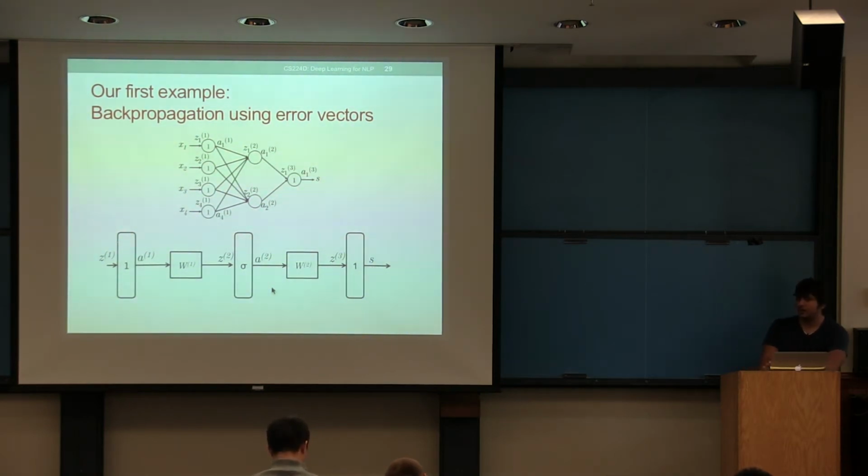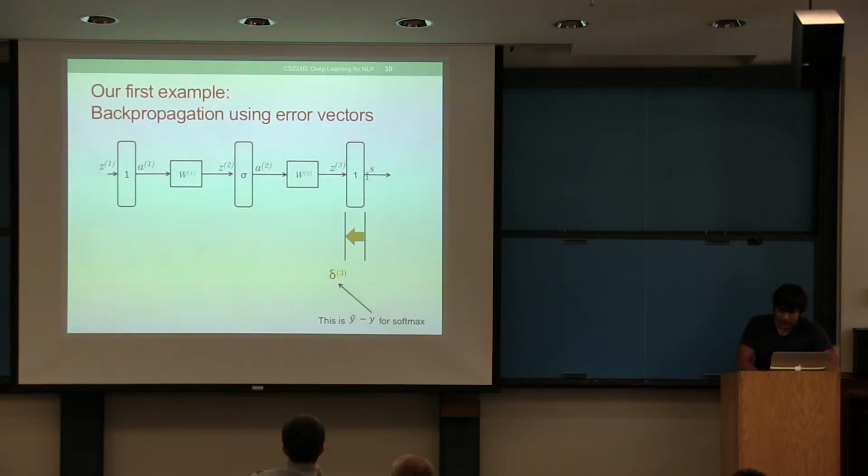All right, any more? So we'll just go with this particular diagram and we'll do the forward pass, and the backward pass using this. The first thing I want to do is move the error backwards from this point to this point. Note that we're doing things in a vectorized manner. If this was a softmax function, this would be y hat minus y. You already know how to calculate this. And every time I am at a z location, I will also annotate it with a delta location, which will mark the error propagating backwards there. So this is delta 3 located right here, and this is the error propagating backwards.